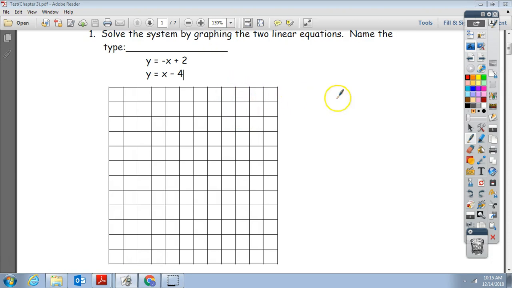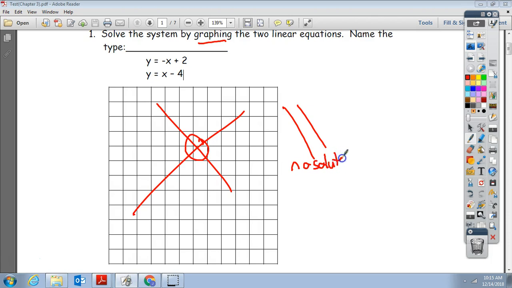You won't be able to go through and actually graph, but you should be able to match it up and see that if you have two lines, where they cross each other would be the solution, because that's the only point that works for both lines. If they were parallel lines, that means there's no solution, right? And if they ended up being the same line, you had two lines right on top of each other,